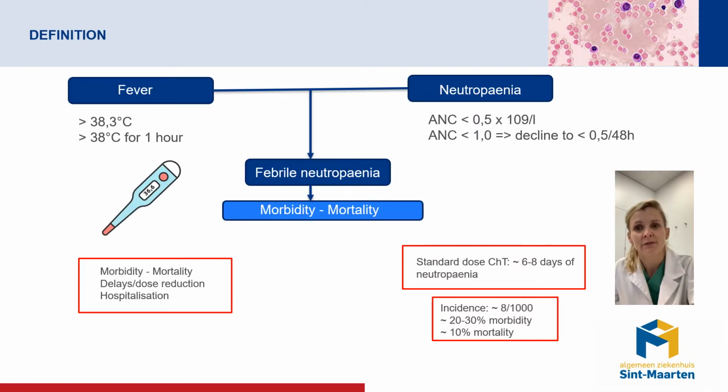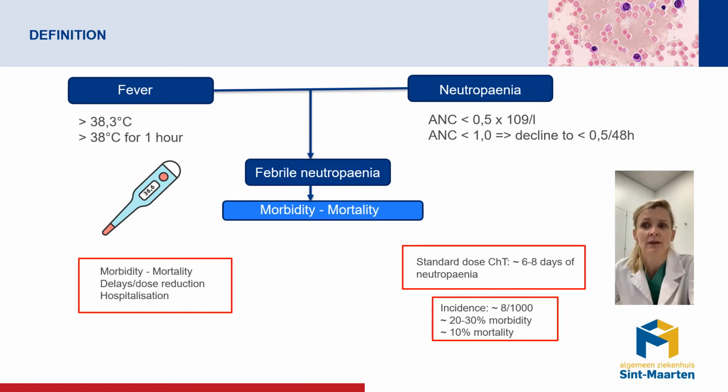Febrile neutropenia is defined as an oral temperature of more than 38.3 degrees, or a temperature of at least 38 degrees sustained over a 1 hour period, and an absolute neutrophil count of less than 1.5 or expected to fall below 1.5. Despite major advances in prevention and treatment, febrile neutropenia remains one of the most frequent and serious